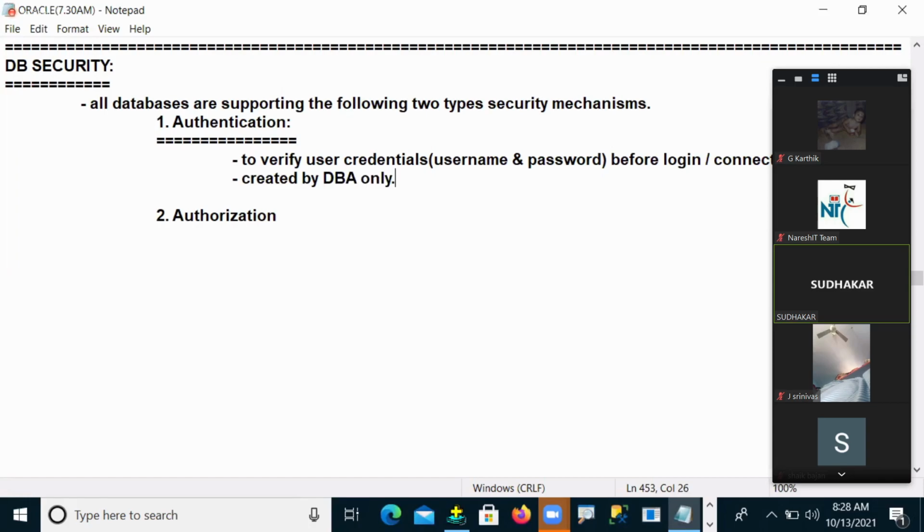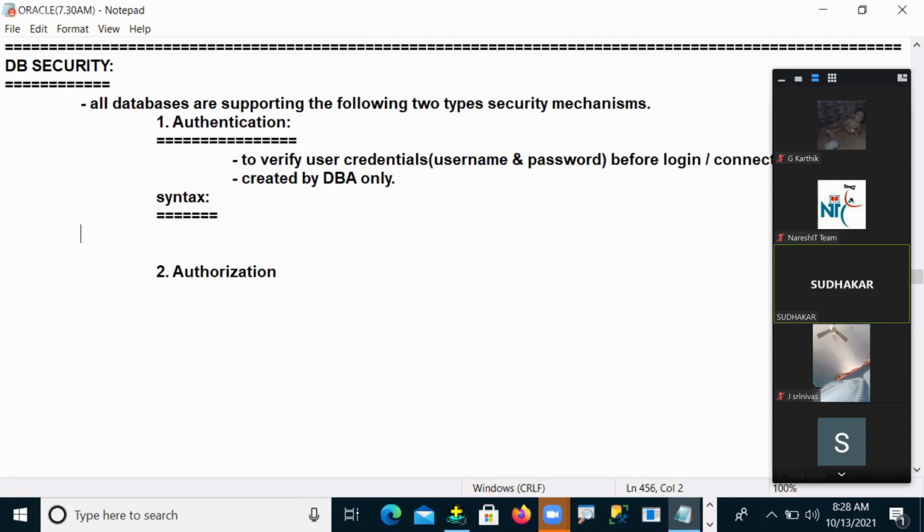The DBA, the database administrator, is the person who creates user credentials in our database. All of you know the syntax; I passed some information in the early introduction classes.